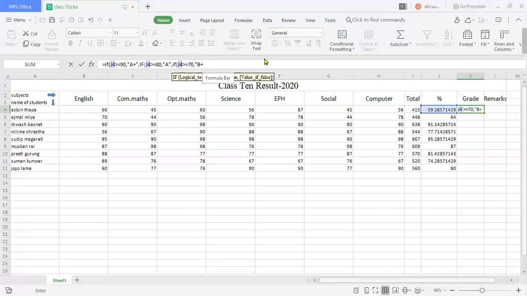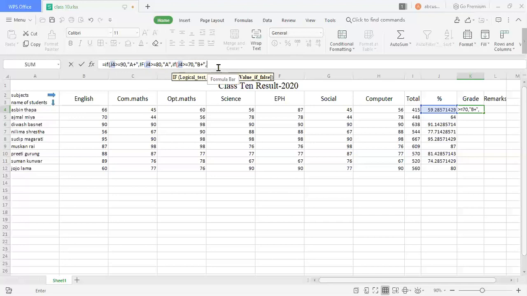We can make different arguments, different logical tests. For the percentage from 70 to below 80, we show the grade B plus.